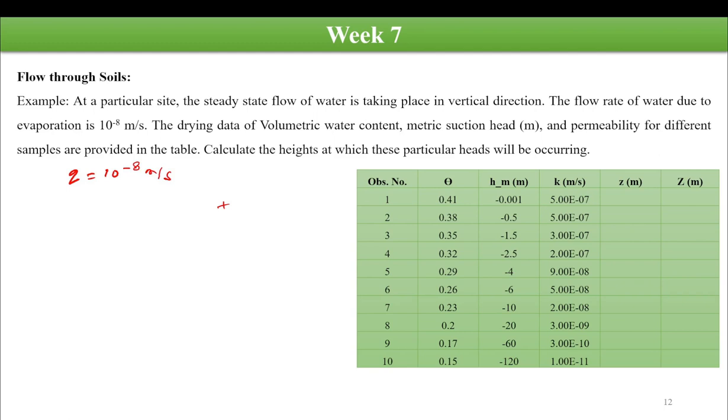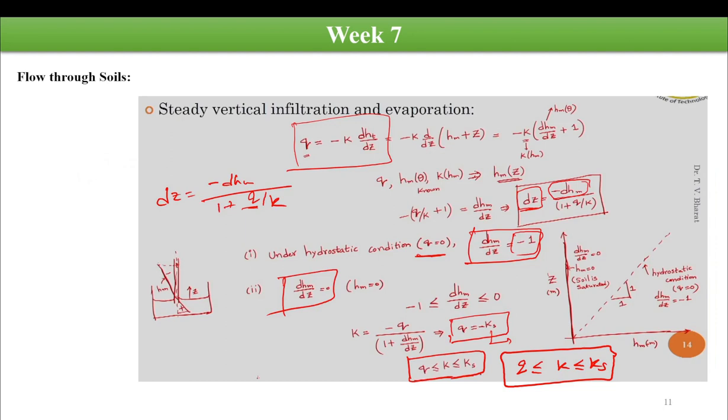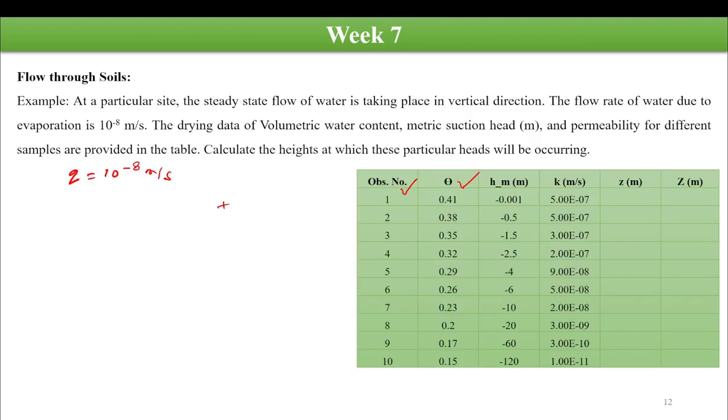So here in this table, you'll see that the observation number is provided, then the volumetric water content at this particular observation is provided, and the head is provided at this point, and the hydraulic conductivity is also provided at particular points based on the experimental data. And we need to determine the depth at which these hydraulic conductivities are occurring in a vertical direction. Fine. So for that, we will utilize this formulation that we have studied here that gives